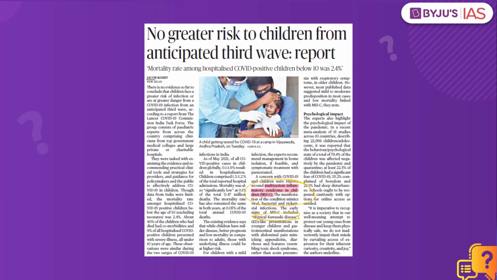What happens? There might be some organs and tissues such as the heart, the lungs, the blood vessels, the kidneys, the digestive system, which become severely inflamed. That process is what is called as multi-system inflammatory syndrome in children. This happens when the COVID-19 infection and its manifestation is too bad when it comes to the children. An aspect of it which can also result in another disease is what is called as the Kawasaki disease.